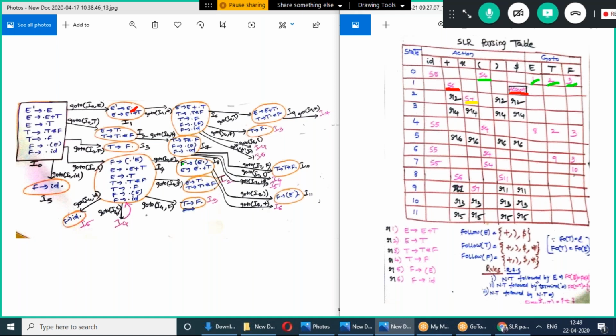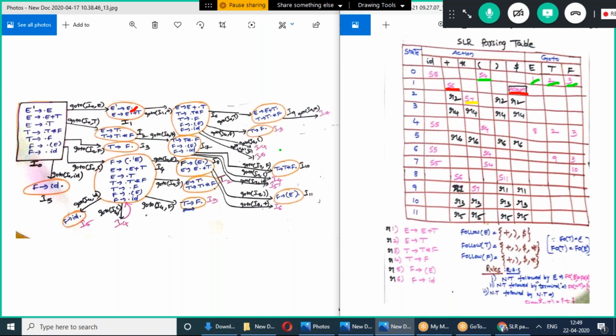Then come to I8. Where is I8? This is I8. On I8, what are the operations? I8 comma closed parenthesis, I8 comma plus. I8 comma closed parenthesis, this is I8, comma, this is a closed parenthesis, right? I8 comma closed parenthesis, that is I11. So S11 we wrote. Now I8 comma plus, that is equal to S6. I6 actually, that we are writing as S6 here.